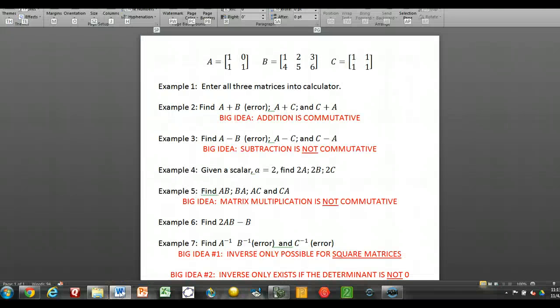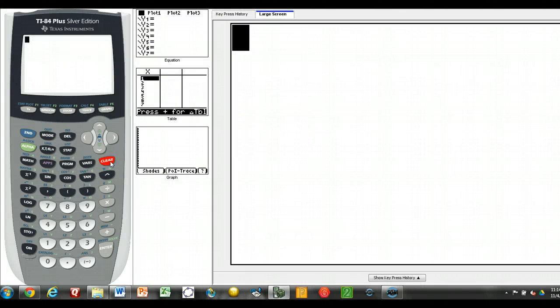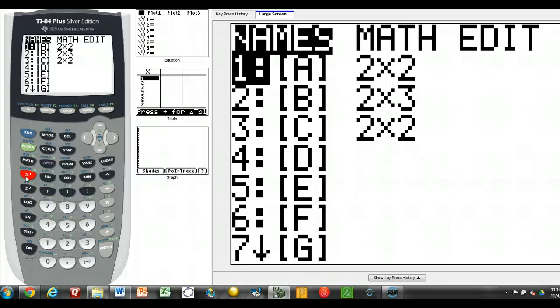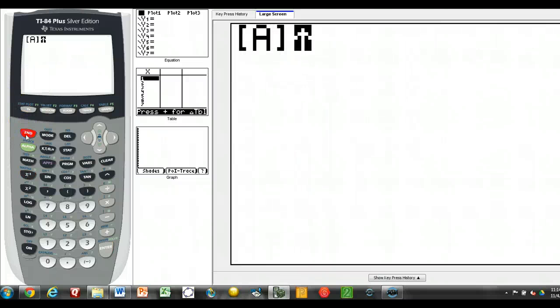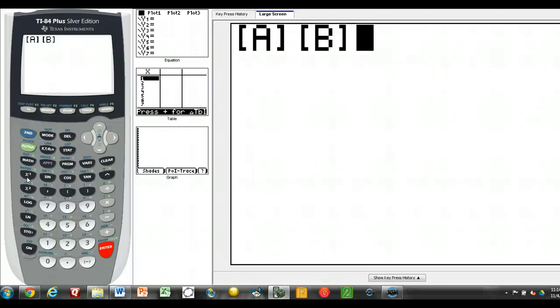Okay. Now for example 5, we're going to be discussing matrix multiplication, and the big idea here is that matrix multiplication is not commutative. So first we're going to find A times B, B times A, A times C, and C times A. Okay, so let's go ahead and get to it. So what I'm going to do is just pull up my calculator first. Go ahead and clear out all the stuff that we've already done, and we want to find A times B first, so let's do that. So second matrix, and we just want A times B. Again, there's no need to hit the multiplication button. Your calculator recognizes A times B as just being this, just like as if we had two variables sitting next to each other. So go ahead and hit enter,